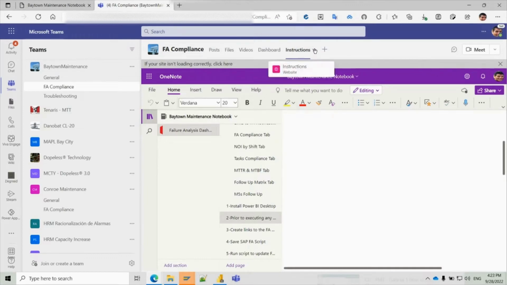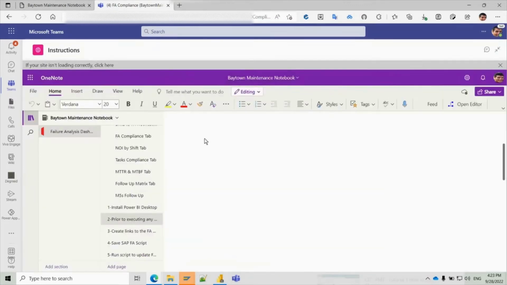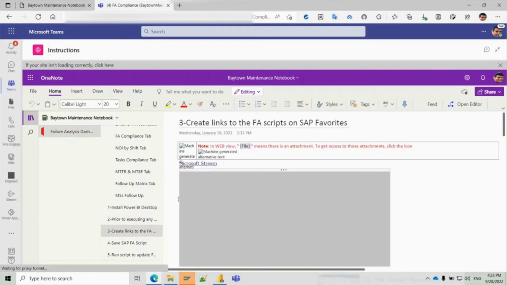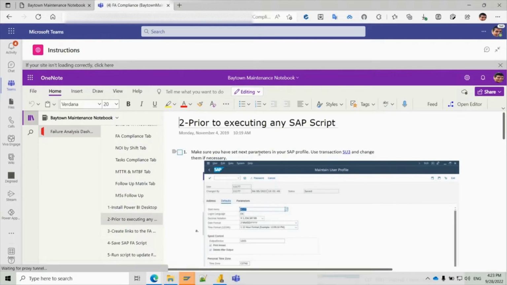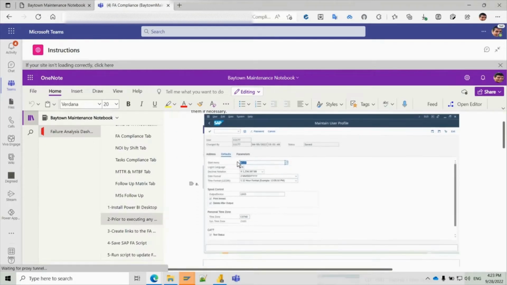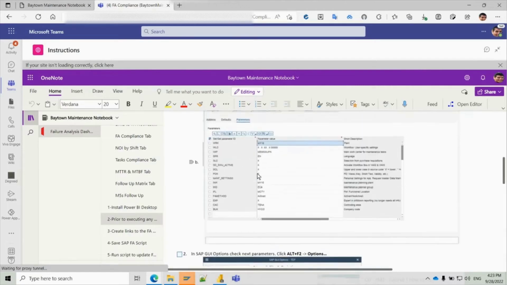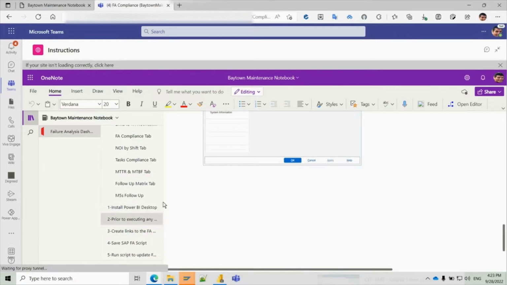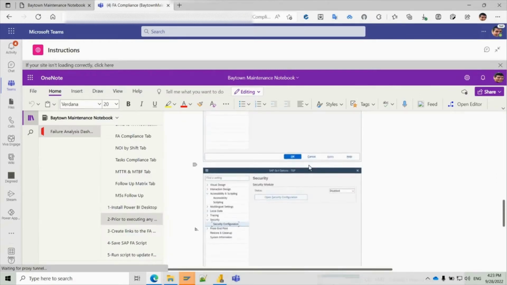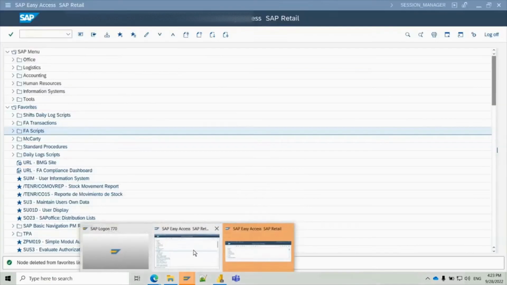Let me try to expand the tab. It's taking some time. Okay, there you go. So you can update your profile following these steps. Okay, once you update the profile, the main thing that you have to do is